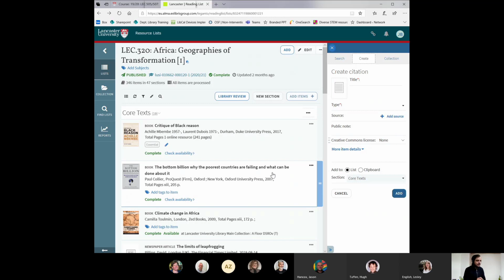The key fantastic element of this is that these roll over every year. So when you start to do your reading list for your next year, you're not starting from scratch. These will be available for you, and all you need to do is a quick update on it. So it takes a bit of time to create a reading list initially, but then it's always available and it will constantly be there year on year on year, saving you a lot of time.